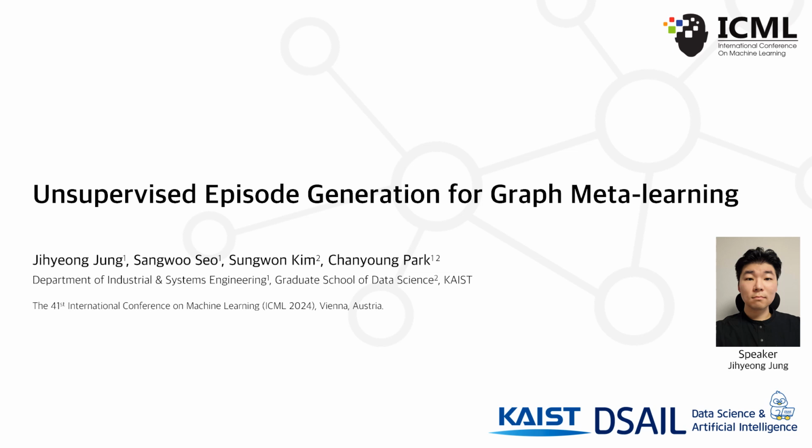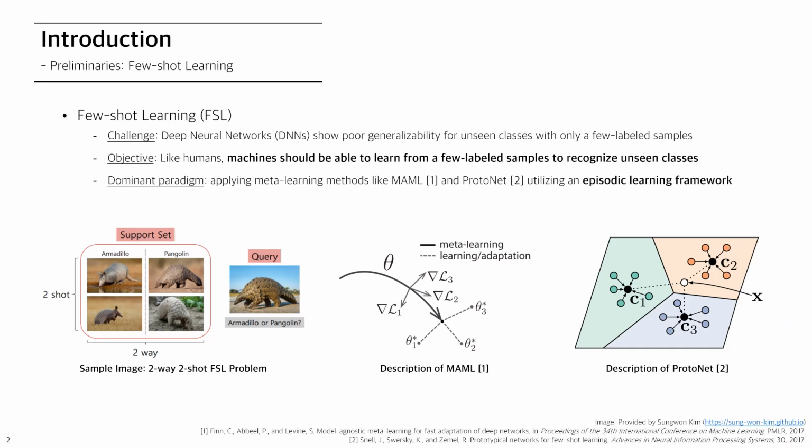Today, I want to share our research about an unsupervised episode generation method designed to enable unsupervised graph meta-learning. Ordinary few-shot learning emerged to allow machines to learn from only a few labeled samples to classify unseen classes like humans. For instance, humans are able to classify this image as a pangolin's image, but deep neural networks